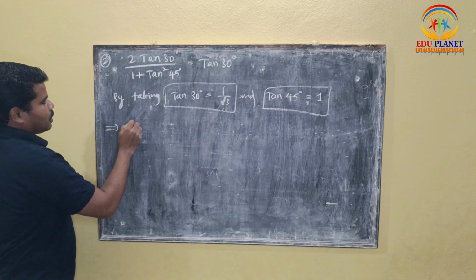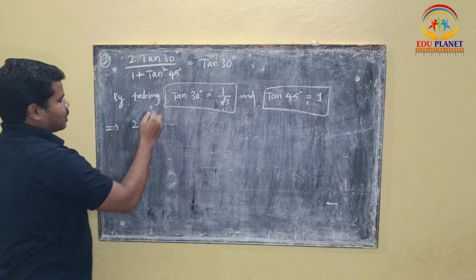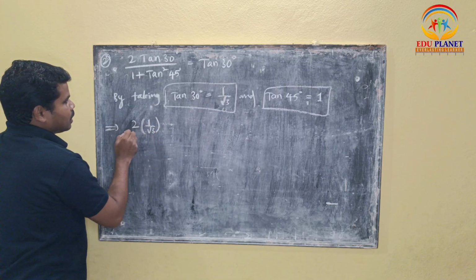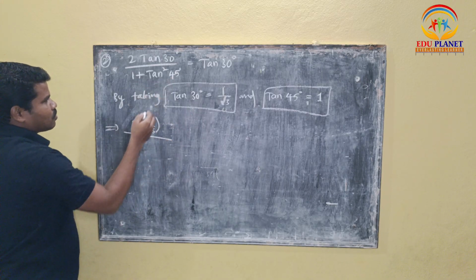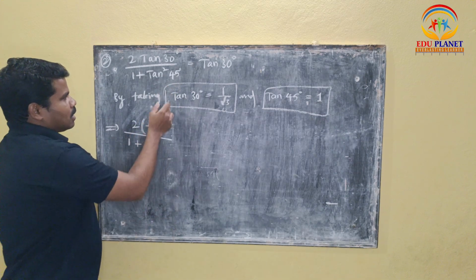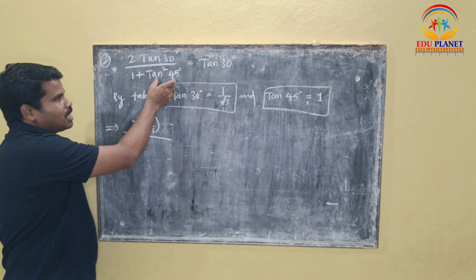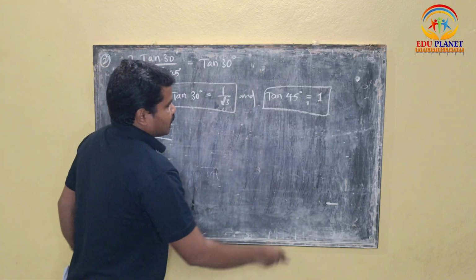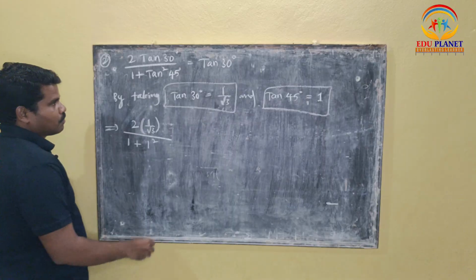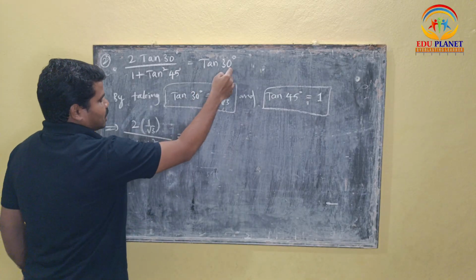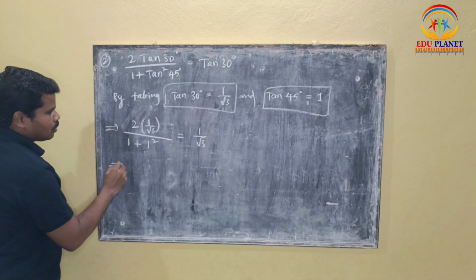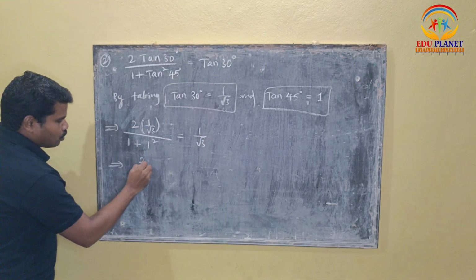See, what they have given? 2 into tan 30. 2 into tan 30 means nothing but 2 into 1 by root 3 upon 1 plus tan square 45. It means for tan 45 we need to write the square. Tan 45 is 1. If I write the square, 1 square equals tan 30 degrees. Tan 30 degrees is how much? 1 by root 3. 2 into 1 by root 3, 2 by root 3